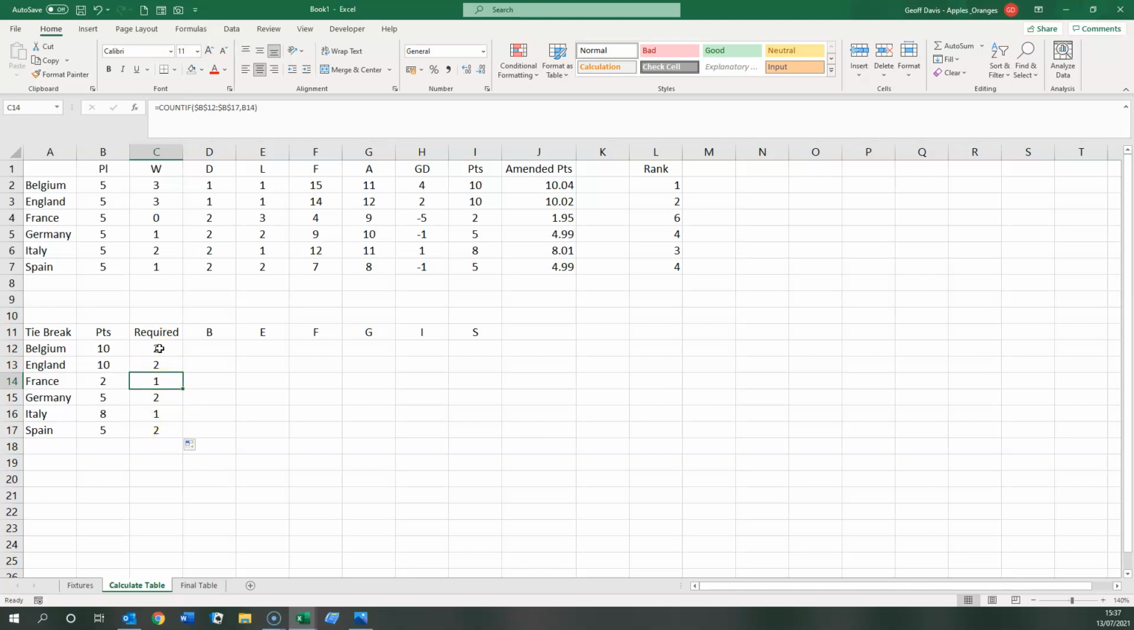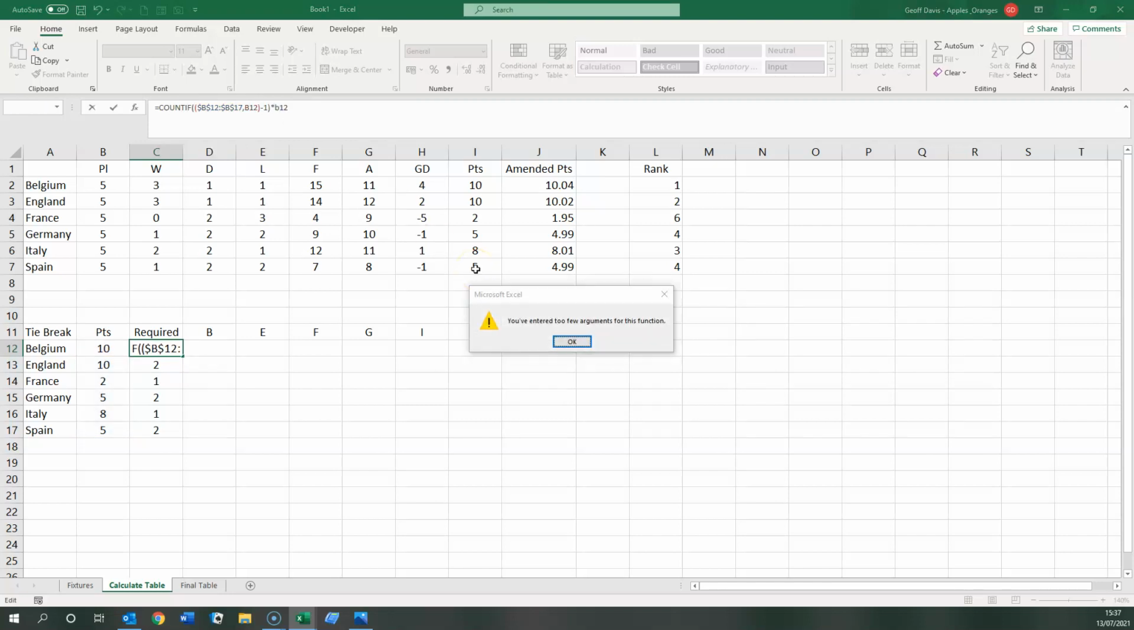And the way we do this is just multiply by the number of points, so by B12 in this case. And what we'll also do, just for the sake of a bit of tidiness, is minus 1 from that figure. And you'll see what that does. When we press return, where have we gone wrong there? I think it wants a bracket around there. I put the bracket in the wrong place, so let's get rid of that. So have a look at that formula, press return,